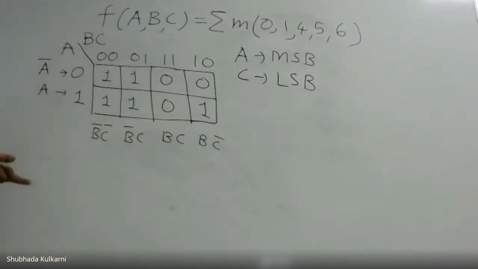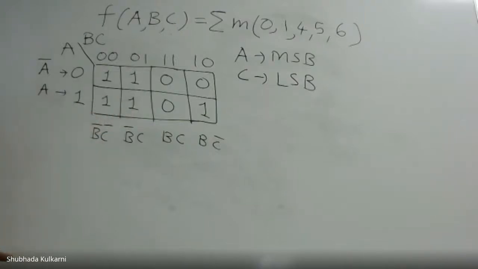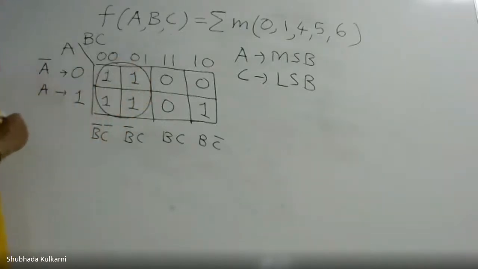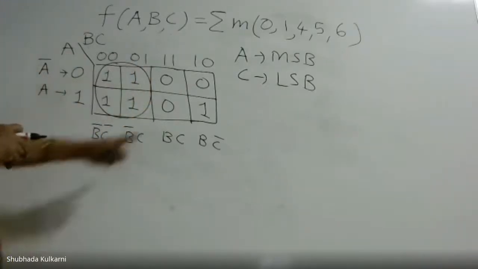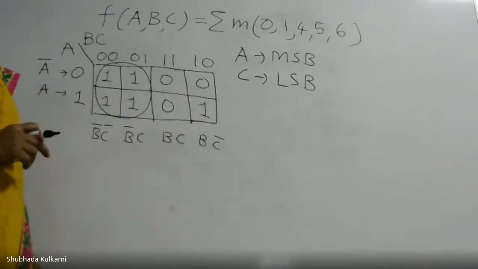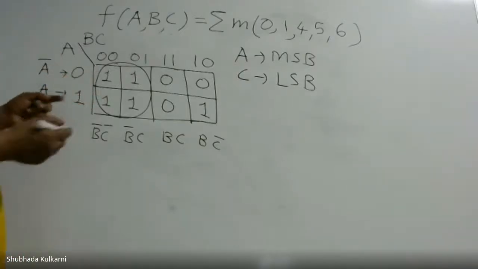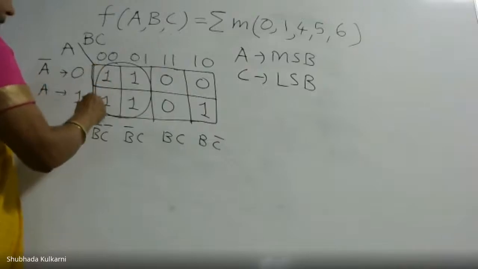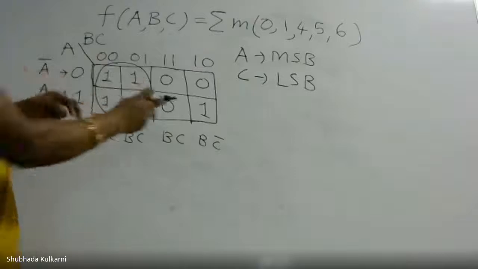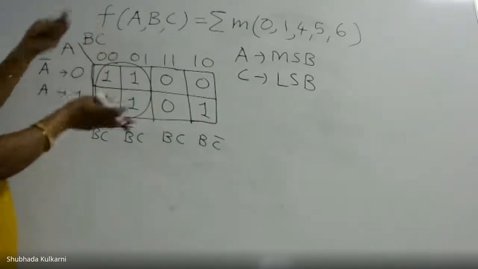Now in this problem you can find a group of 4 ones which are adjacent to each other. And what is that called? A quad. So as soon as you see a bigger group, you circle it. This is your quad. What to do with this one? Is there any adjacent one to form a pair? No. But there is one more extra rule. What is that rule? You can consider folding of the map also. If this is a rectangular paper and you fold it like this, this one will come adjacent to this one. Or you can also fold vertically.